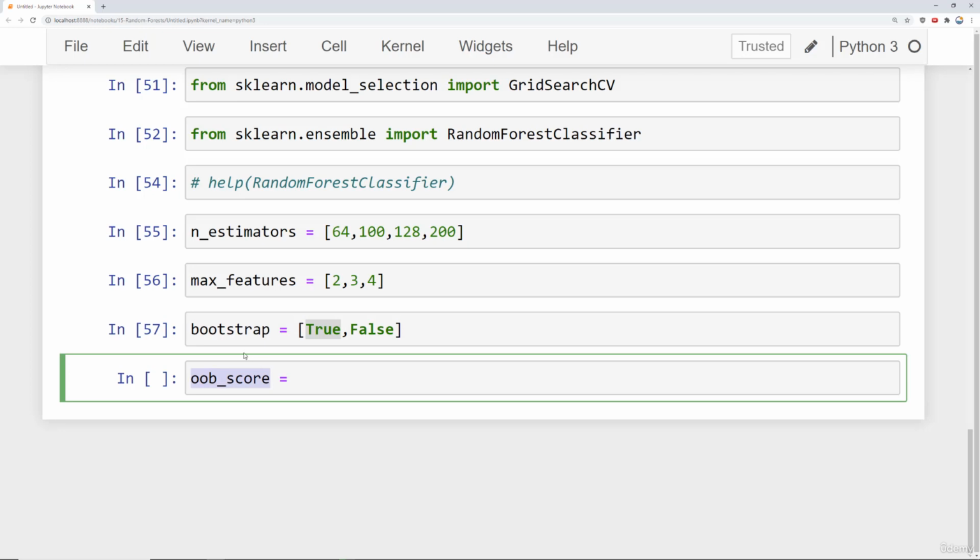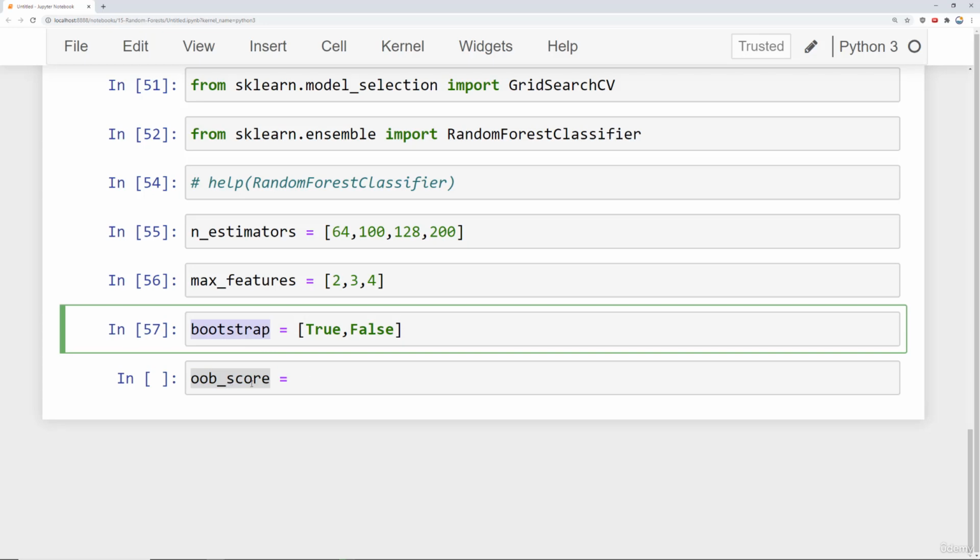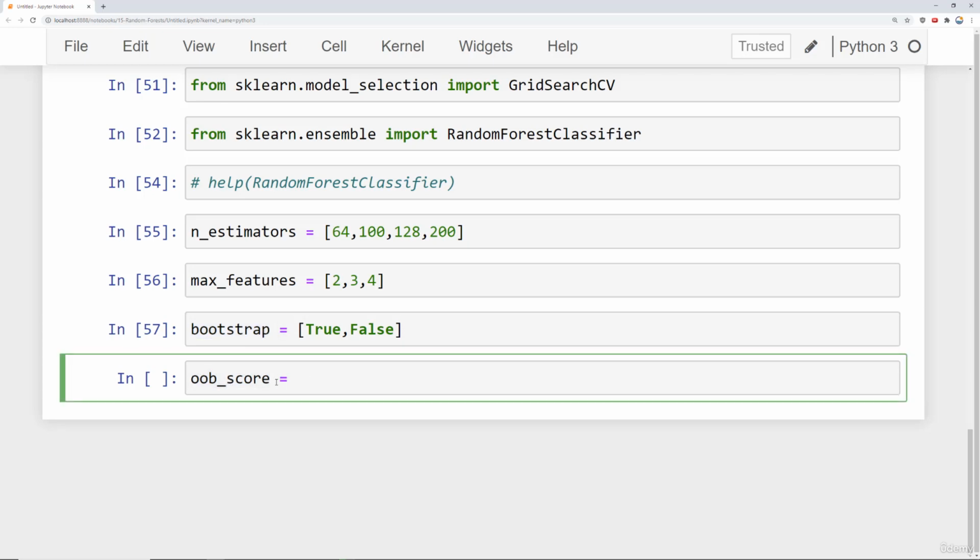That is, the rows that were not used during the bootstrap sampling for certain trees. It's definitely not a replacement for something like accuracy, precision, and recall, but it is more information about how a group of decision trees within your random forest happen to perform on data that it did not see. So because it's essentially kind of free information or free performance metrics, we're going to go ahead and say true,